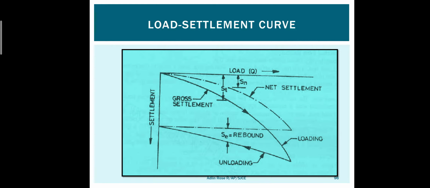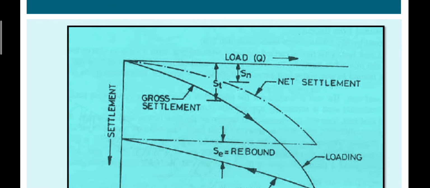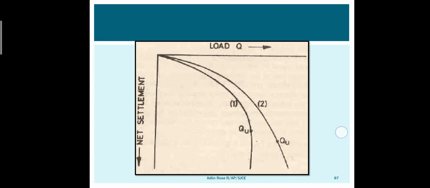In this curve, you should see what is 1 mm settlement. For 1 mm, corresponding load in the gross settlement curve, you should note from the curve. Okay, from the curve, you should find the load corresponding to 1 mm on the gross settlement curve. So that load you take and multiply by 1 by 2, and that will give you the allowable load by the first method.